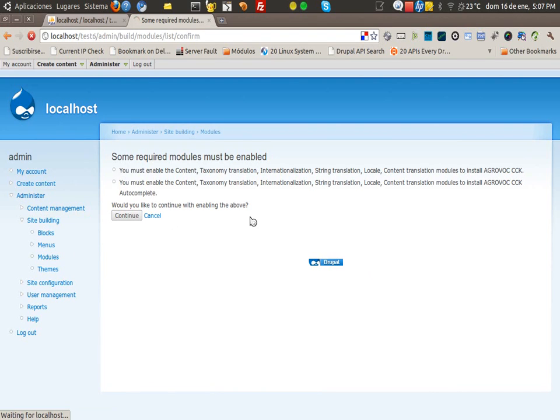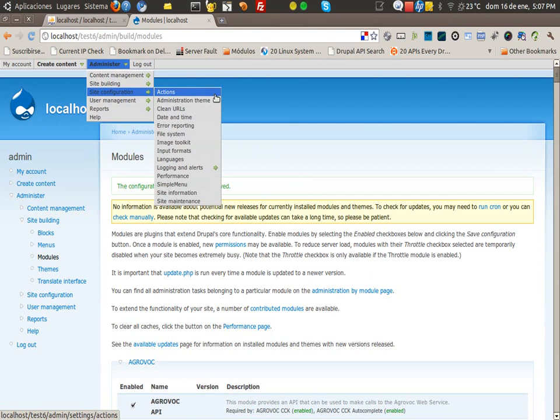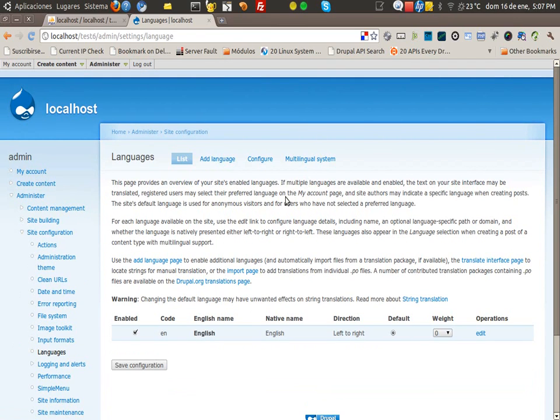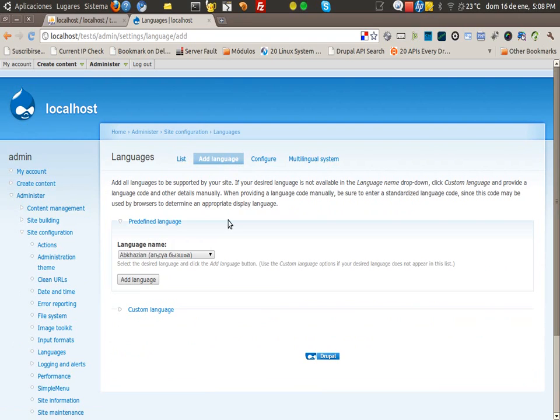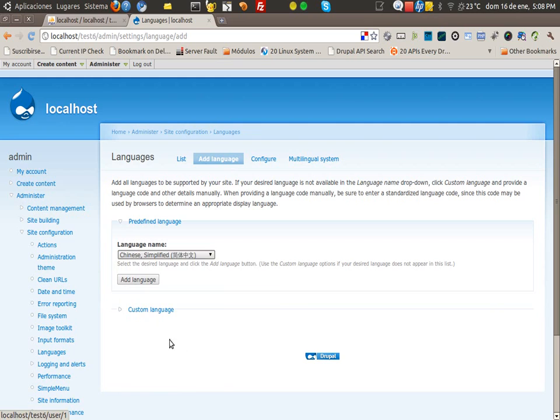Okay, this is enough. Next, we are going to go to languages. Okay, we need to enable 4 languages at least. For example, Chinese,